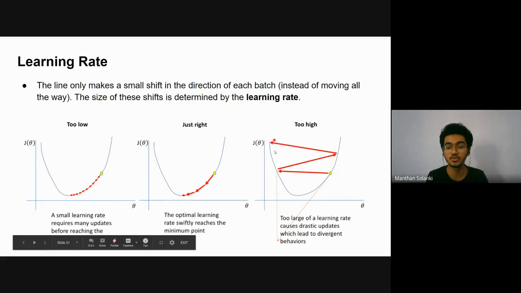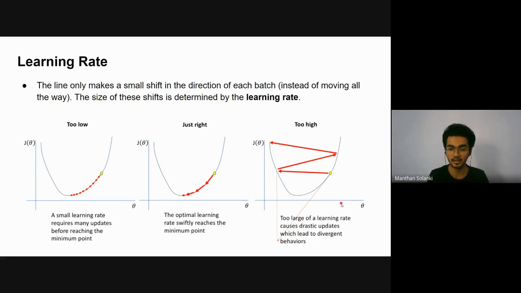Similarly, if we choose too high a learning rate, then it will take a big step, subtracting a big value. If it takes a big step and I have the initial cost value here, I will come to here, but I will never reach the convergence point. So it acts as divergent behavior.